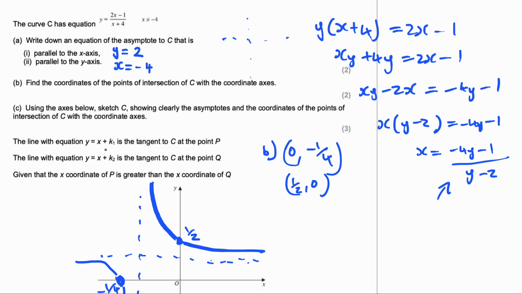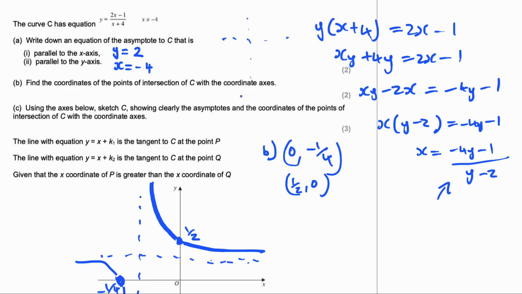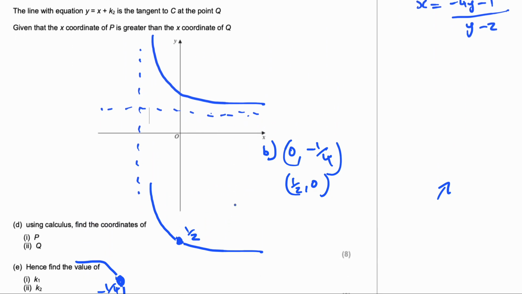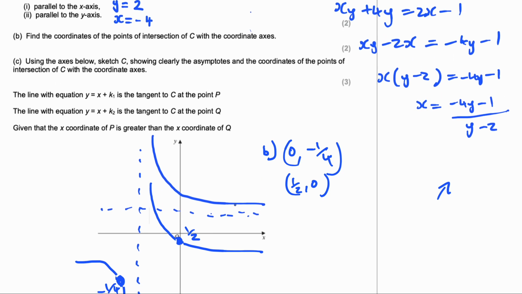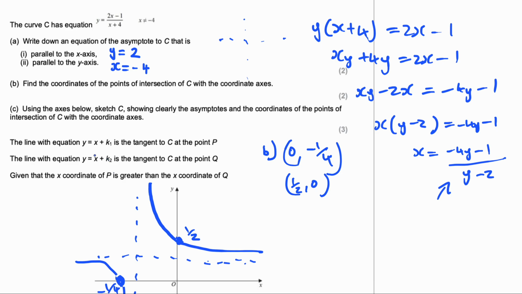Next, the line with the equation y equals k1 is the tangent to C at point P. The line with the equation y plus k2 is the tangent to C at point Q. Given that the coordinate of P is greater than the coordinate of Q, find P and Q. So basically what we're saying is the gradient at P,